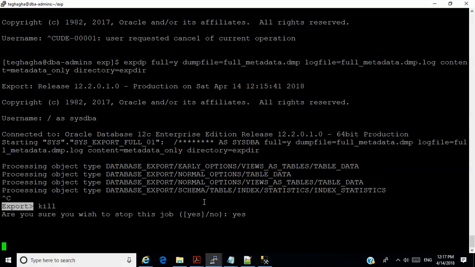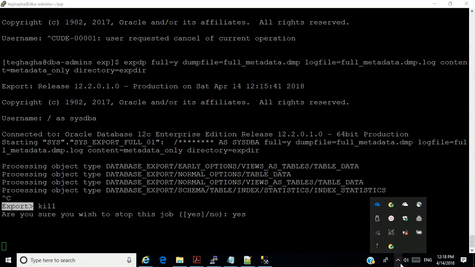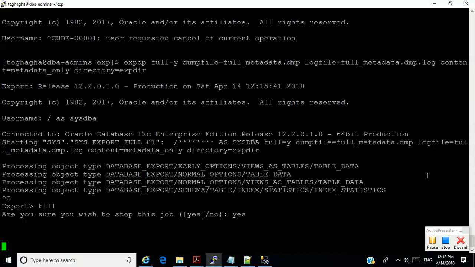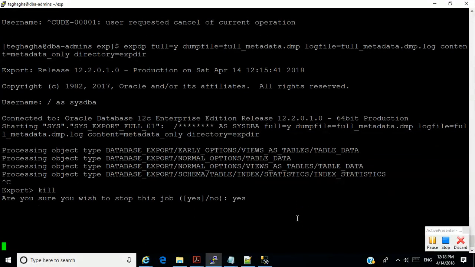Maybe something happened along the way and you just have to kill it. It can take some time because it has to do a lot of cleaning up and all that kind of stuff.